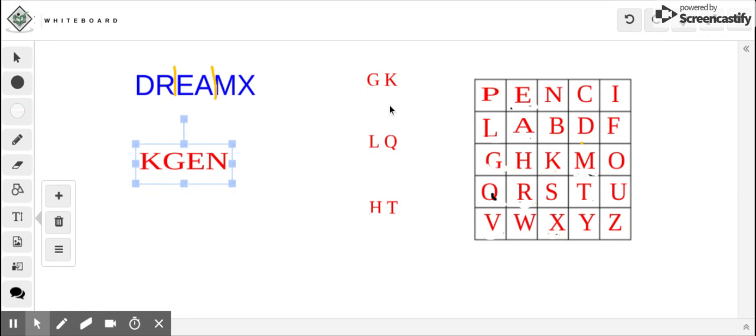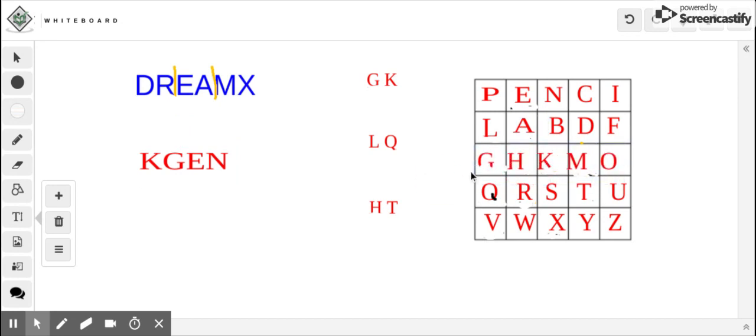Okay, so moving on to over here, you can see I have GK, LQ, and HT. When encrypting using the Playfair cipher, you encrypt in increments of 2 letters. So you can see we go and find G and K in our grid. G is right here and K is right here. So G and K are in the same row. They can either be in the same column, the same row, or for other ones, there's another way to do it. But for the same row, you